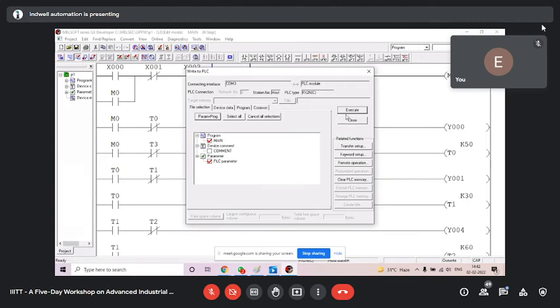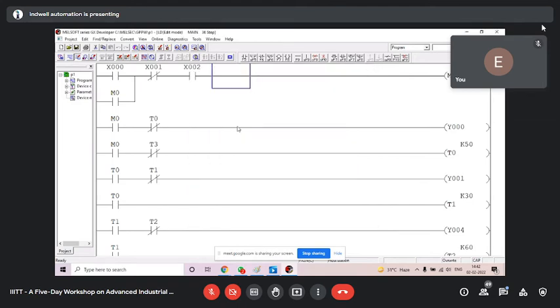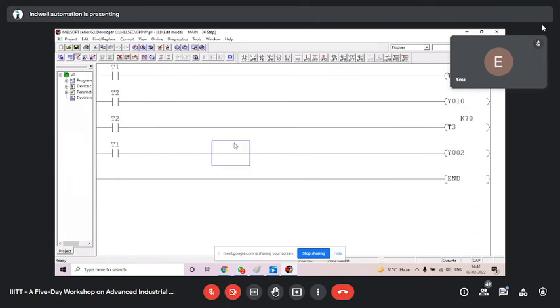Then simply I shall click execute and my program will be downloaded, but it will take some time. Why? Because it will send the maximum range of this software. But I want to send a limited range, like how many steps I have used in my program, which I can check on the last ladder.